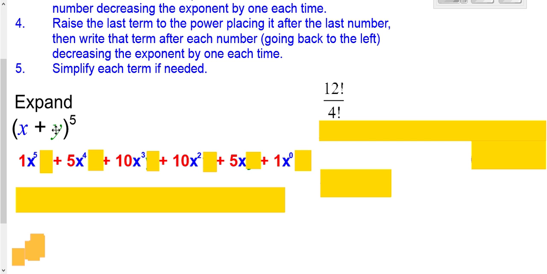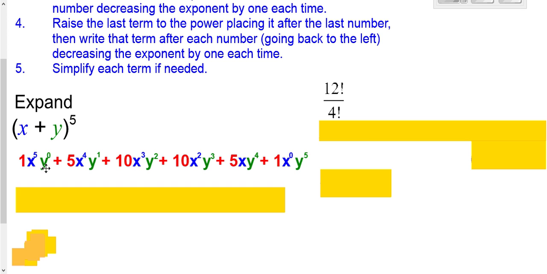Then I look here, I have a green y at the end. So I need to go to the end over here, and I'm going to start with the same thing I was doing before. I'll go y to the fifth, and then I'll work backwards and go y to the fourth, decreasing it by 1 each time. And then y cubed, and y squared, and then y to the first, and then y to the 0,